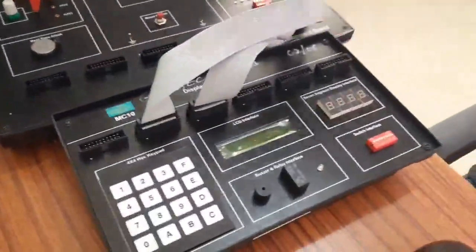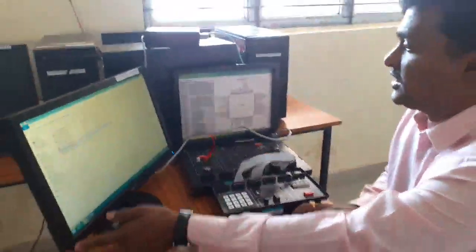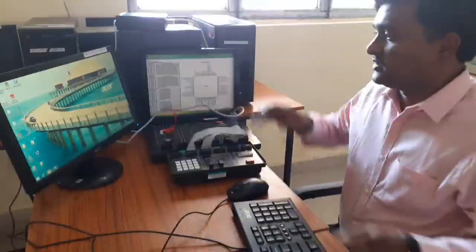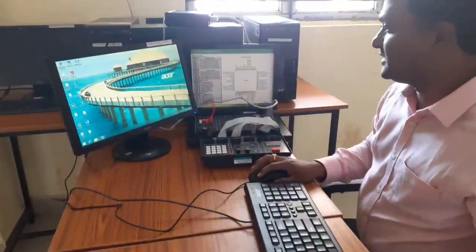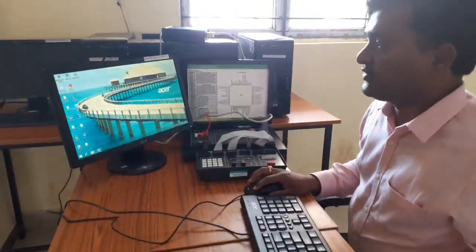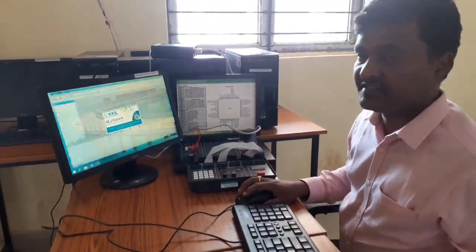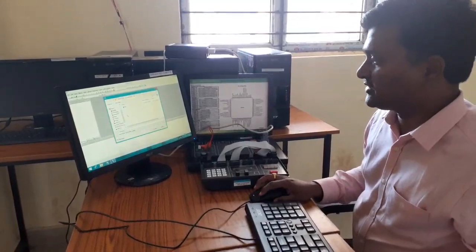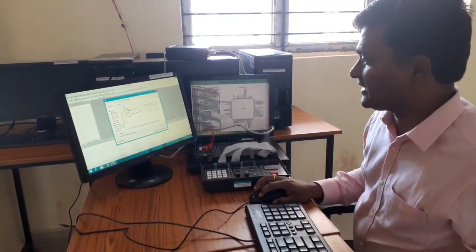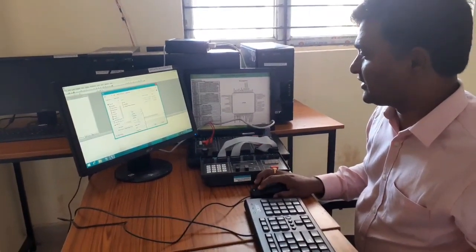After this I will write the program on the desktop computer. Open the Keil version 4 software by double clicking on it, then go to Project and click on New uVision Project. Here create a folder named ADC.